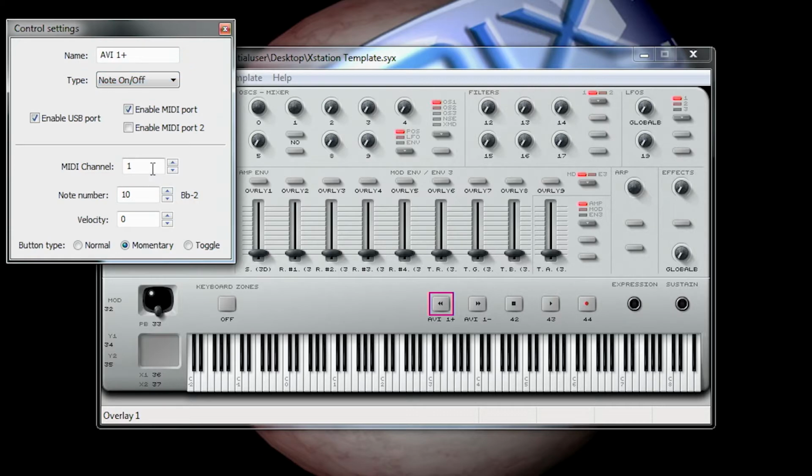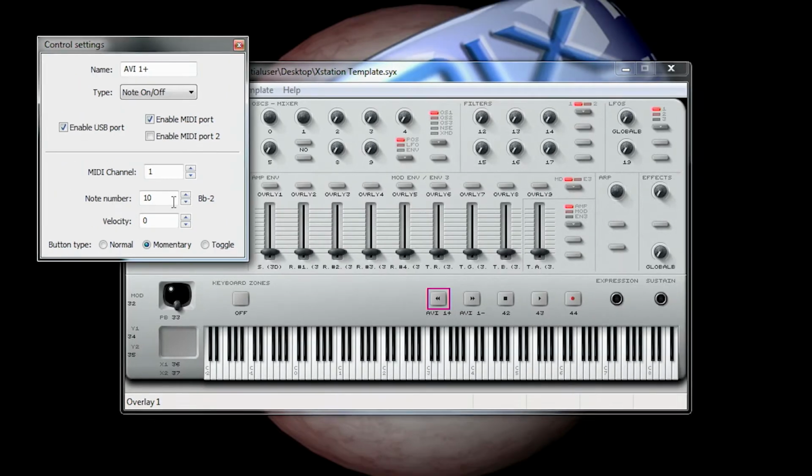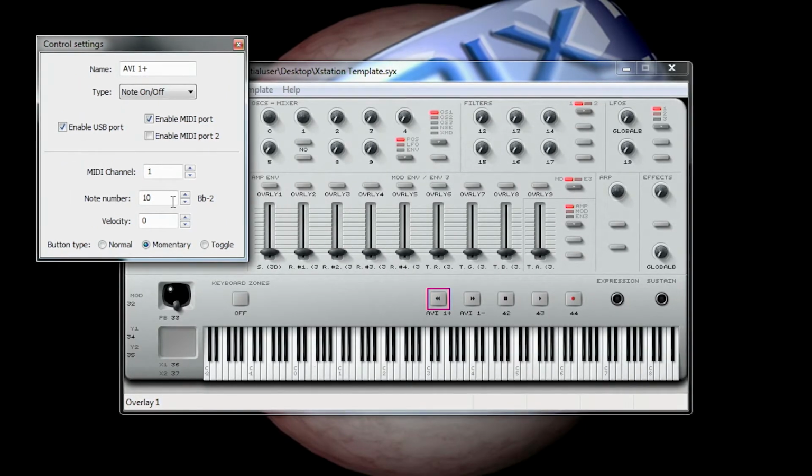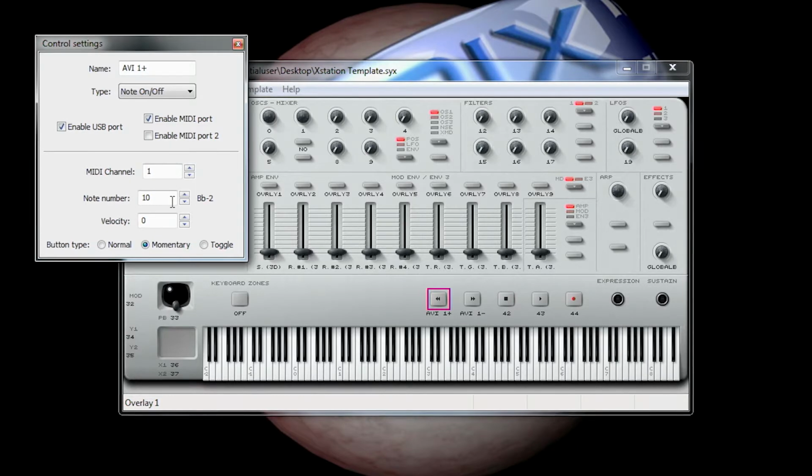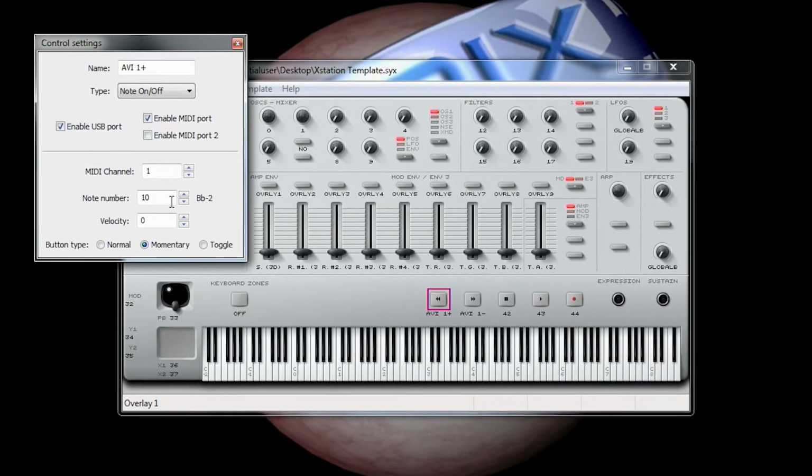Select the MIDI channel. Of course, it's 1 in this case. Pick a note number. This is important. If you're using a keyboard which has the keys, you have to pick note numbers that are not used by your current octave. Personally, I like to use the very, very far left, the very lowest numbers. So I use the first